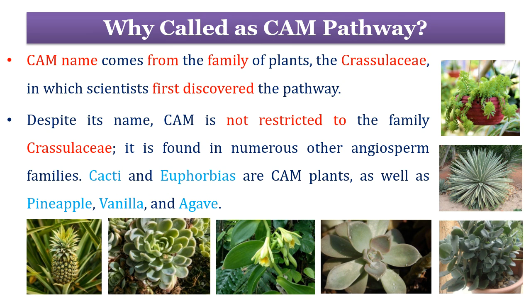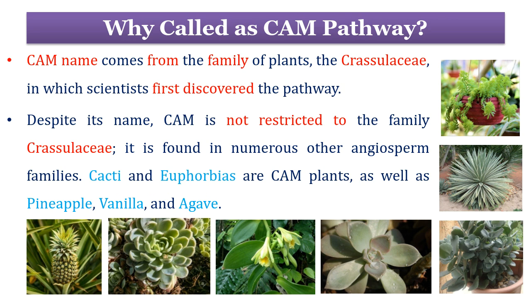Now why is this called the CAM pathway? Because it is named after the plant family Crassulaceae, in which scientists first discovered this pathway. Despite its name, crassulacean acid metabolism is not restricted to the Crassulaceae family only. Along with this family, it is also found in cacti and many euphorbia species, as well as pineapple, vanilla